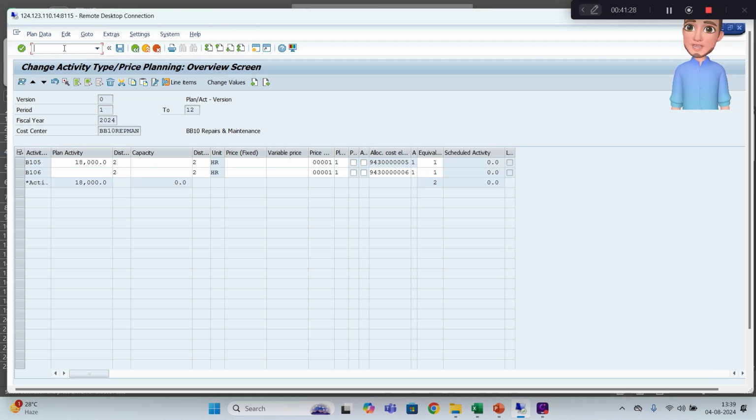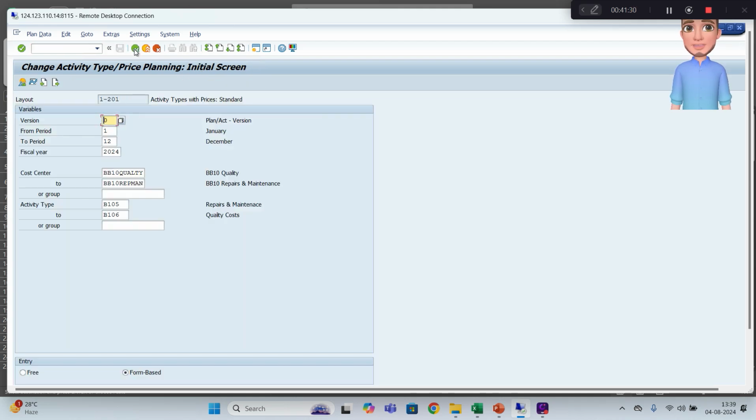Now let us go to the transaction code KP06 and enter some costs. /n KP06. Okay, so again quality. So now I will do it individually. I'll show you individually. So first I will enter BB10 Repman. Okay, I'll do repairs, which is B105,